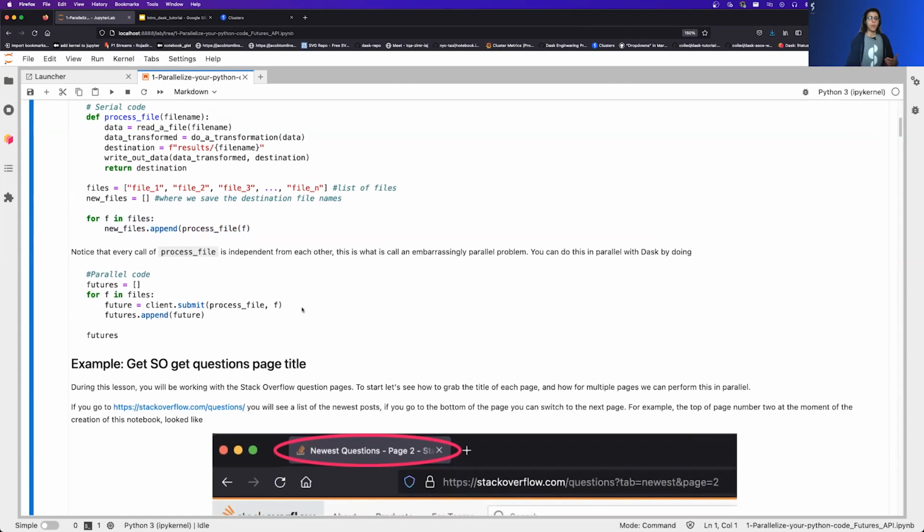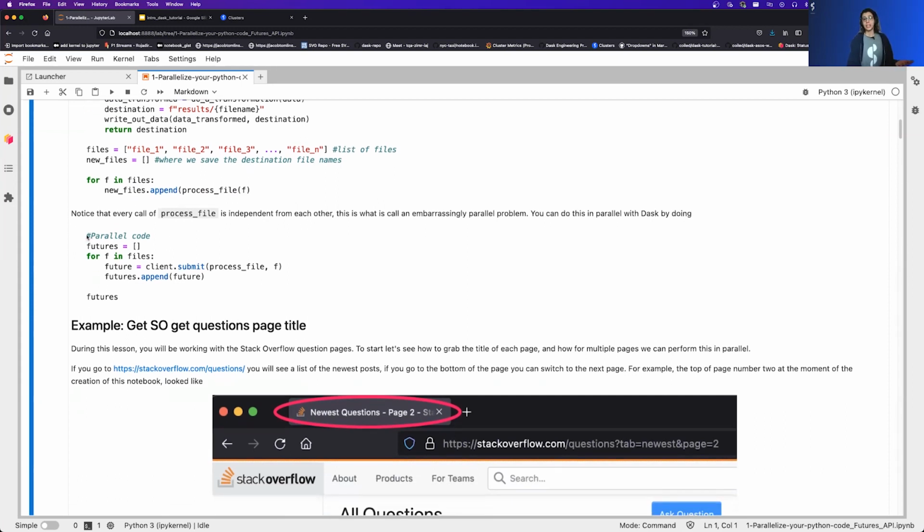Now, what we're going to be learning today is how you can parallelize that kind of code with Dask. And that will be a fairly easy task. We don't need to change our code much. You will see that our code will now still be a for loop, but we're going to do a client submit of that function,